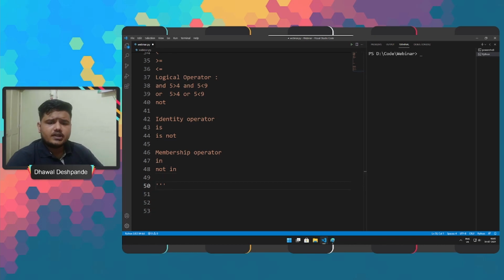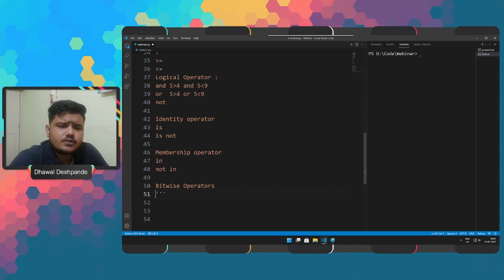Moving forward, the last type of operator that Python provides us is bitwise. So when we talk about bitwise operators, these are operators which are used to compare binary numbers or bits.